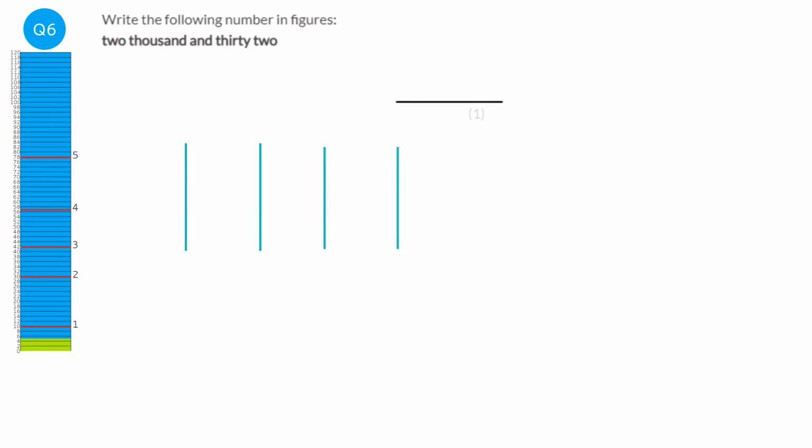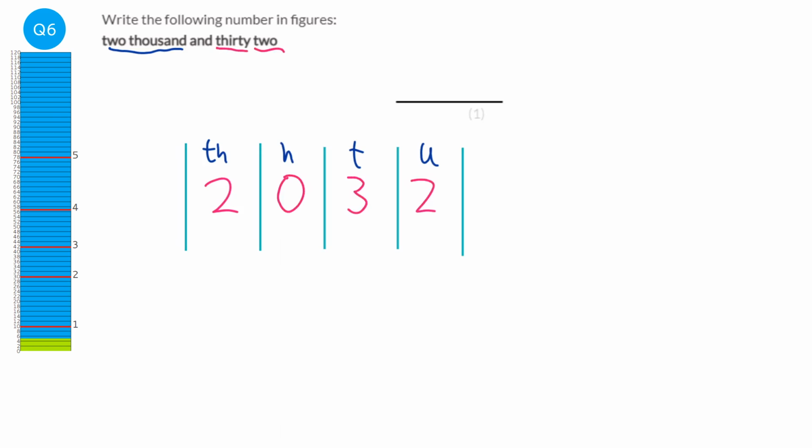So we can draw out our place value grid to help us out with this question. We've got thousands, hundreds, tens and units. So we'll need another one there. So thousands go here, hundreds here, tens here, and then units here. So this says 2,000. So a 2 will go in the thousands column. 30, so that'll be a 3 there, and 2. So we need to fill in a 0 here to keep that 2 as 2,000, otherwise that would collapse and it would become 232. So the answer is